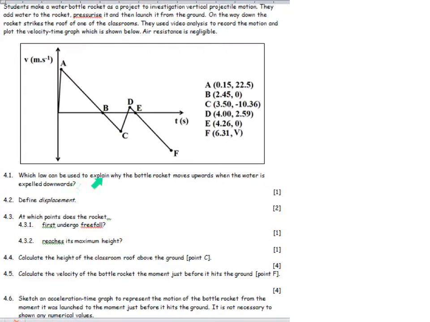So, which law can be used to explain why the bottle rocket moves upward when the water is being expelled downwards? That is Newton's third law, and it says that for every action there is an equal but opposite reaction force. Define displacement. It is a body's change in position